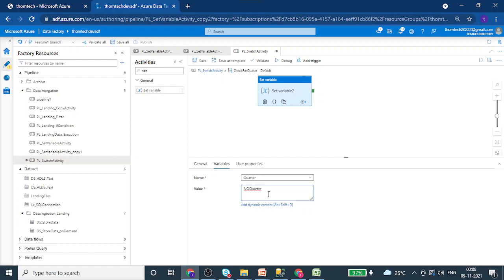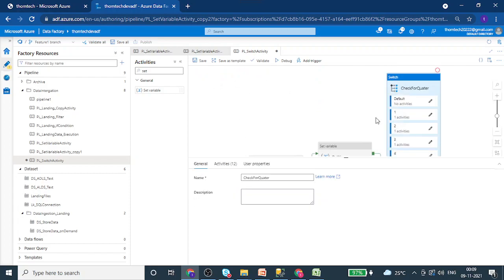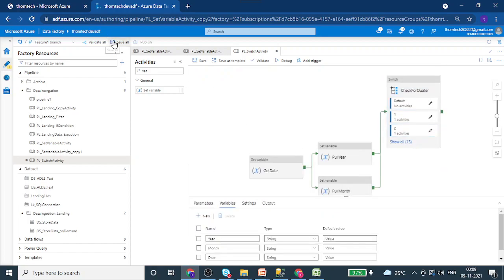That means if we are getting any month other than 1 to 12, then it should be stamped as no quarter, something of that sort. Okay, so that's it. Let's delete this, and then let's go back and save it.